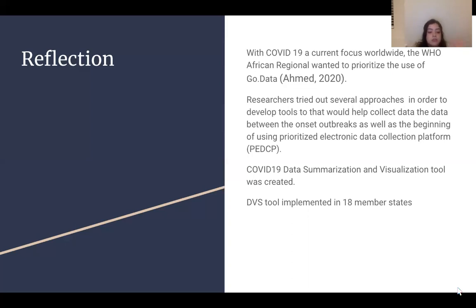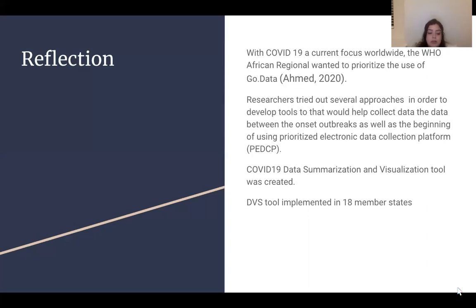To create the DSV tool, the researchers did a great amount of online literature review for documents on technical guidance, as well as many published data on PubMed, Medline, Google Scholar databases, and the WHO library database. Another way that they gathered information was by directly approaching WHO teams by phone call, email, or in person. This also helped involve the designing and implementation of the DSV tool.